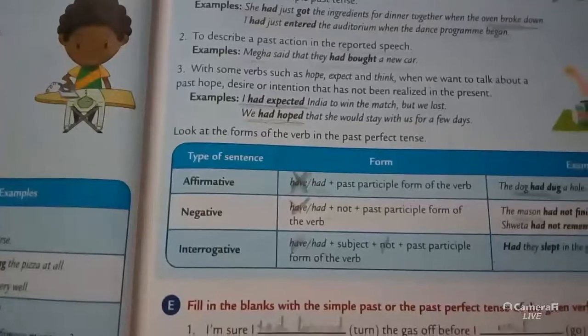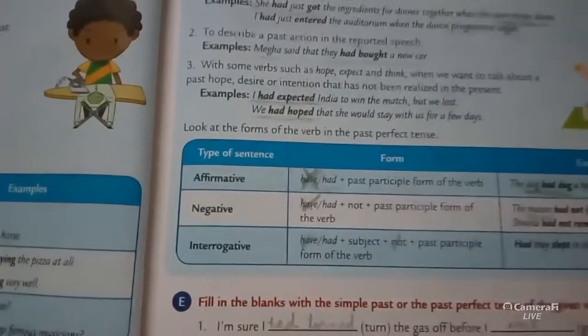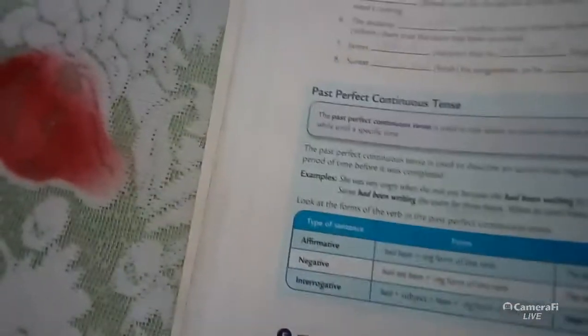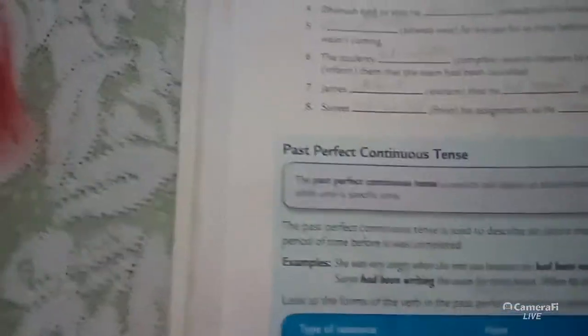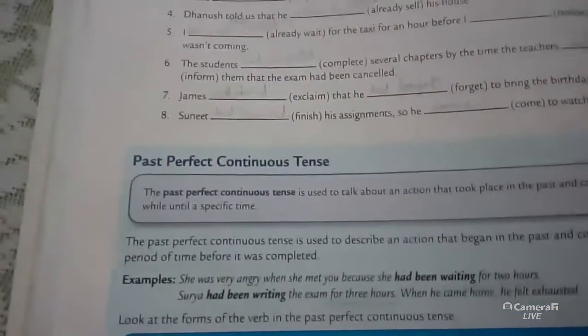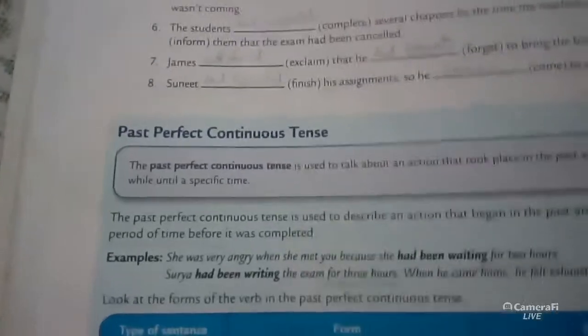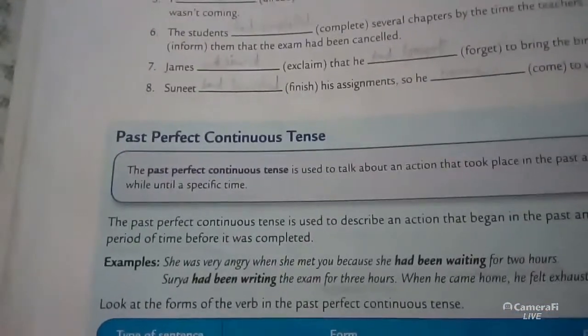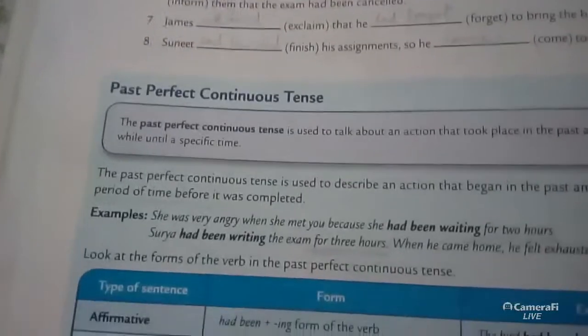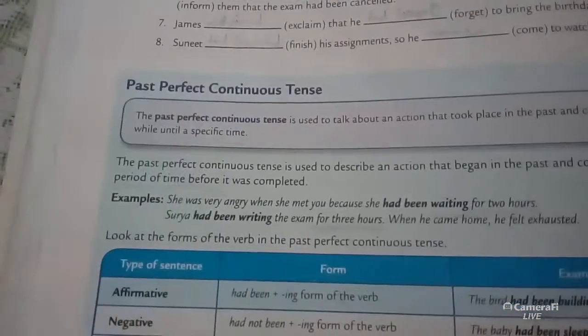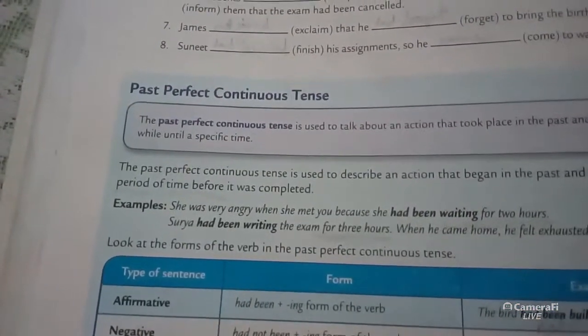Okay, now turn to page number 58. That is past continuous. Today I will complete the revision of expressing the past tense, okay, and next day expressing the future. Okay,